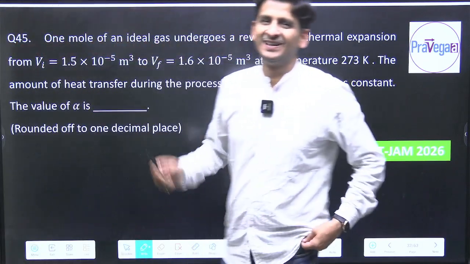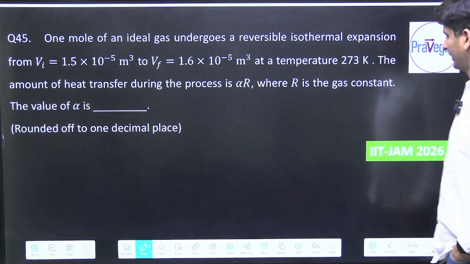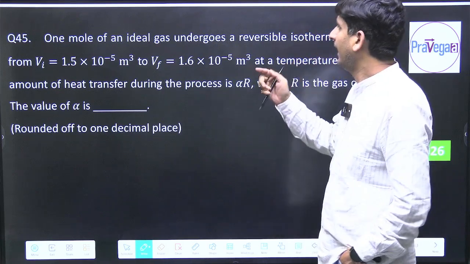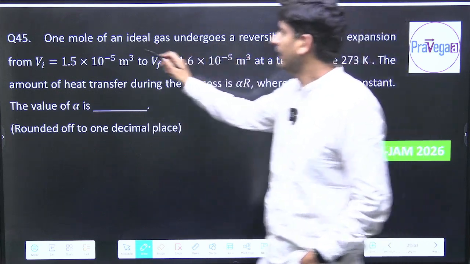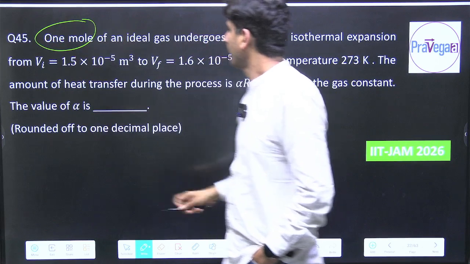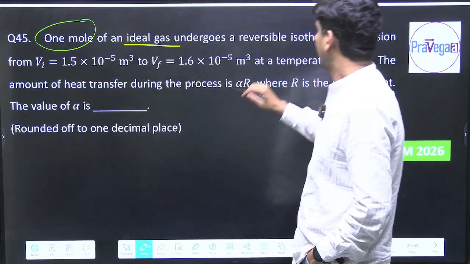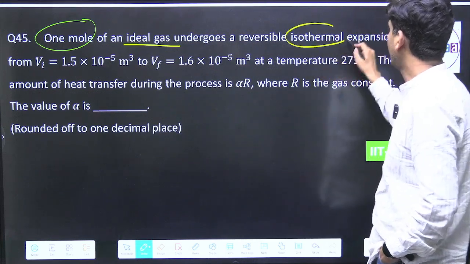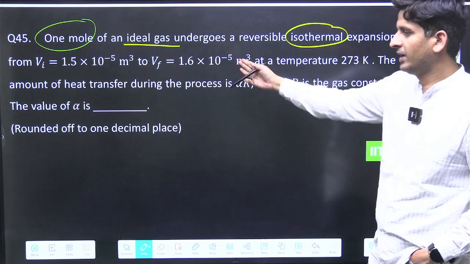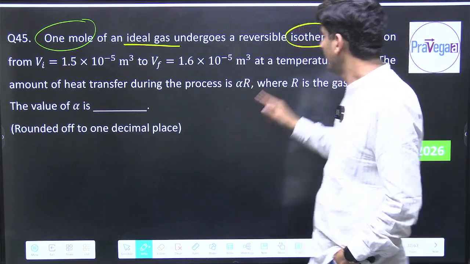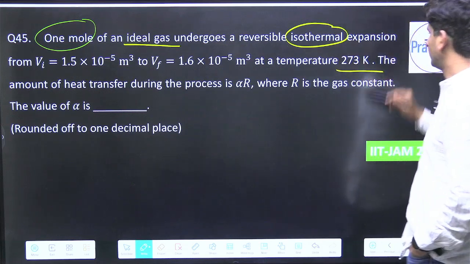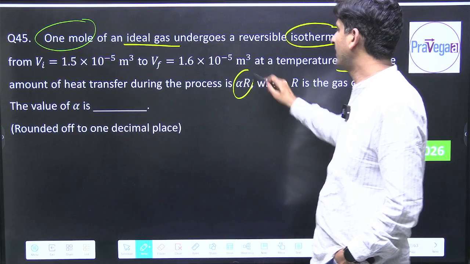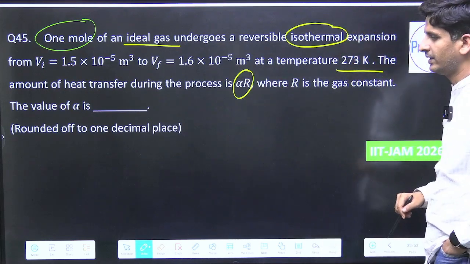Hello students. So this is a question on thermodynamics from IIT JAM 2026, and in this question the gas is 1 mole and it is an ideal gas, and it's a reversible isothermal expansion, and the initial and final volume is given, and the temperature is also given, and the amount of heat transfer is alpha R, and we have to calculate the value of